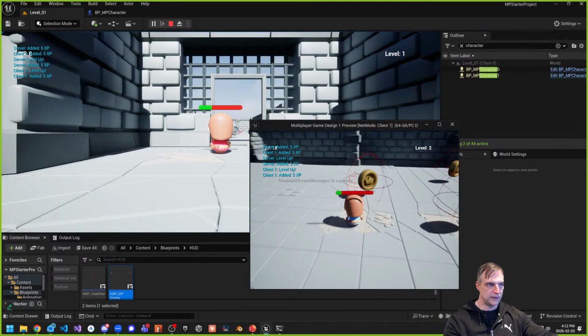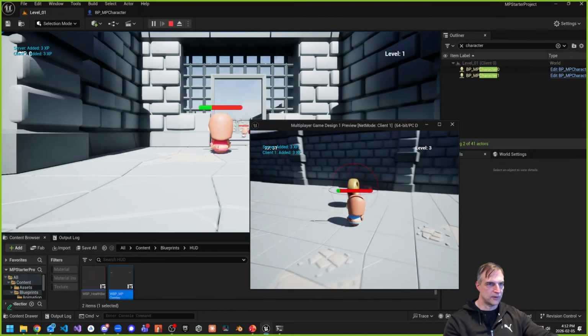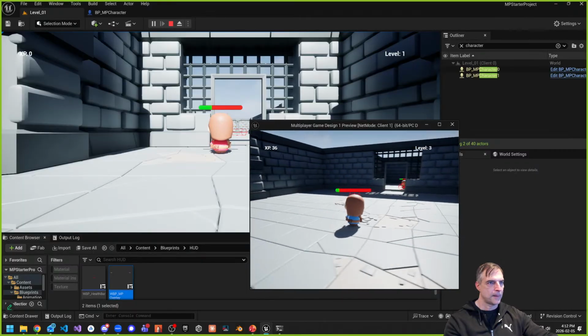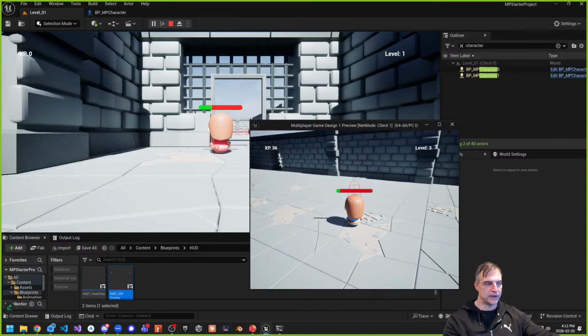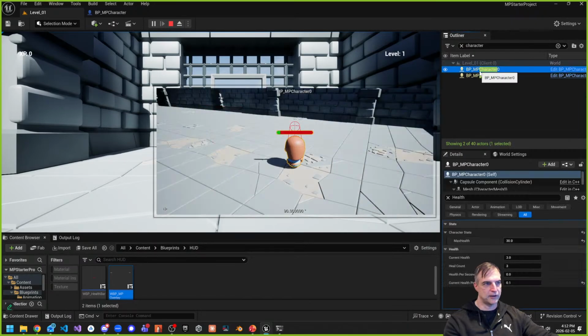You can also see the level. So now my level is level 3. Here it is, here's my level 3. So this is level 3, and I got 36 XP. Okay. And if I click on one of these,